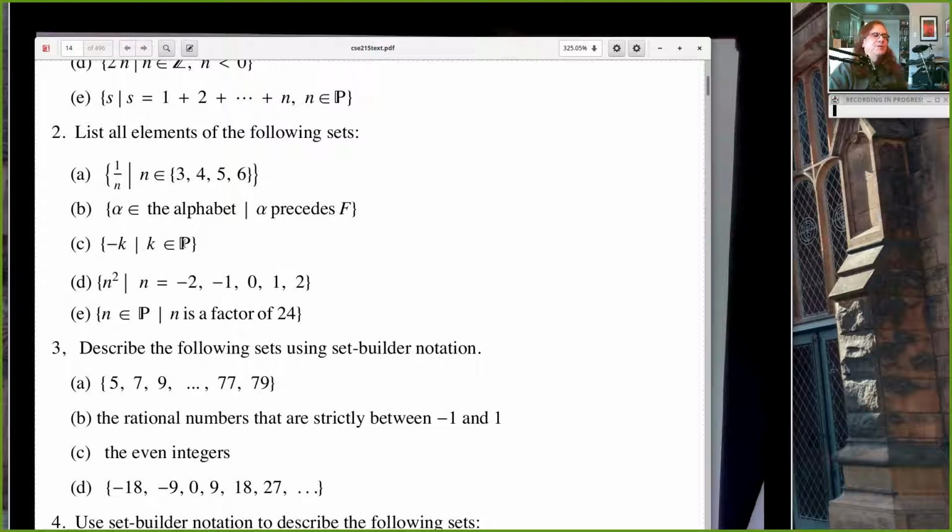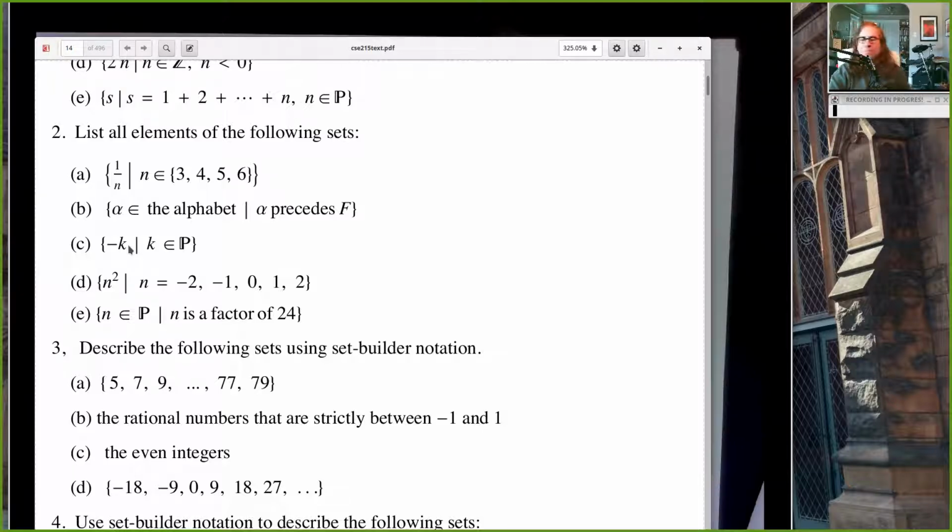Pick another thing from the set P, call that K. Minus K will be in our set. So P is a set of positive numbers. If you use primes, that's okay, but P means positive integers. For example, 1 is a positive integer, so K could be equal to 1. So minus 1 is in our set. And 2 is a positive integer, so K could be 2, so minus 2 is in our set, and so